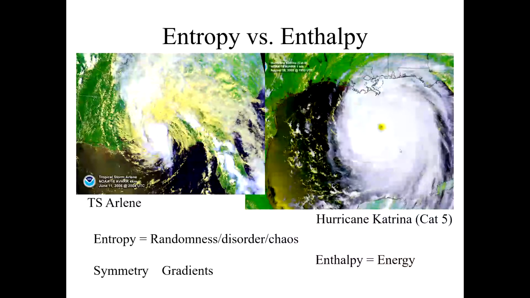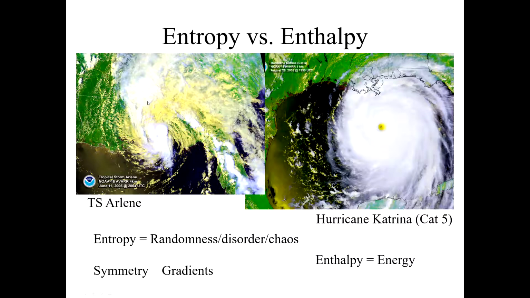And the other thing we might think about is gradients. Here it's very clear that this is not part of the hurricane, but this is definitely part of the hurricane. There's a strong gradient in moisture concentration in the atmosphere. Basically cloud vapor. There's a big gradient between here where there's virtually none and over here where there's a whole lot. Whereas for Tropical Storm Arlene, it's a little bit tougher to define whether this area right here, for example, is part of the storm or not. Maybe it is, maybe it isn't.